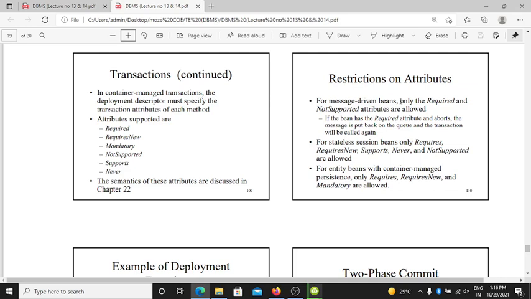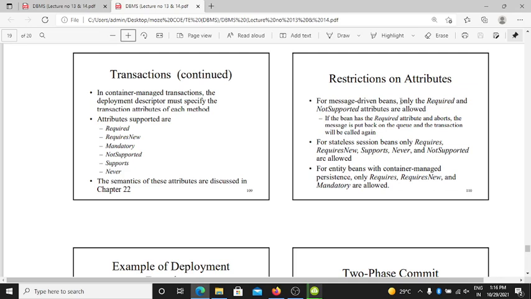The attributes supported are required, requires new, not supported, and so on. Only the required amount is allowed.